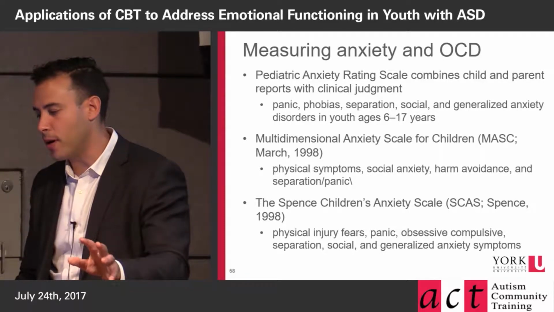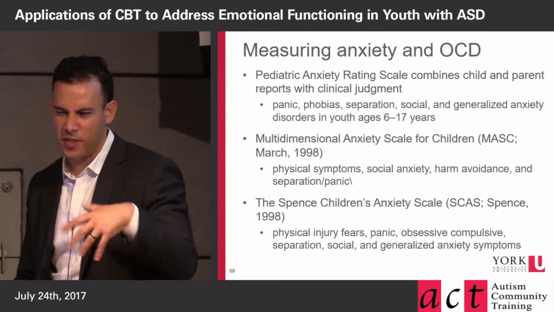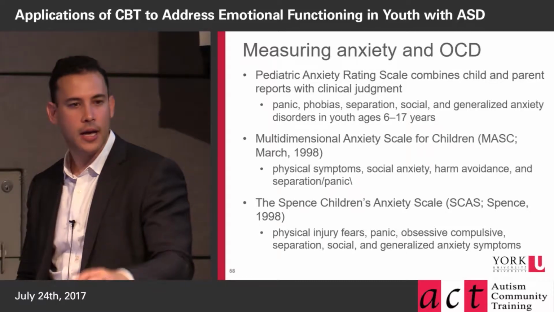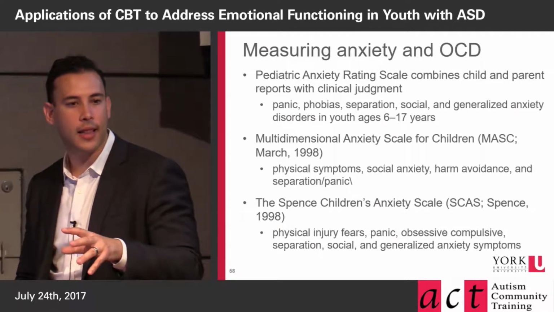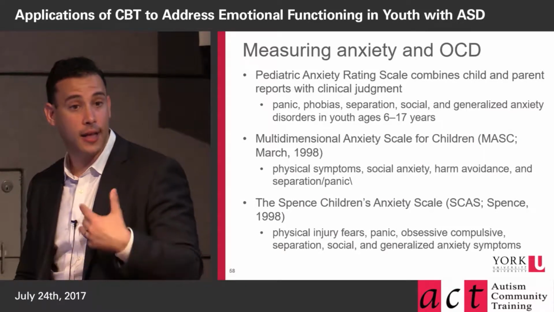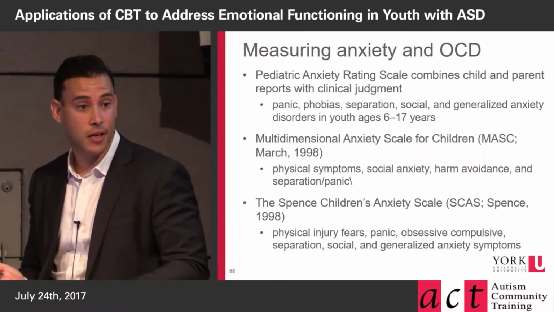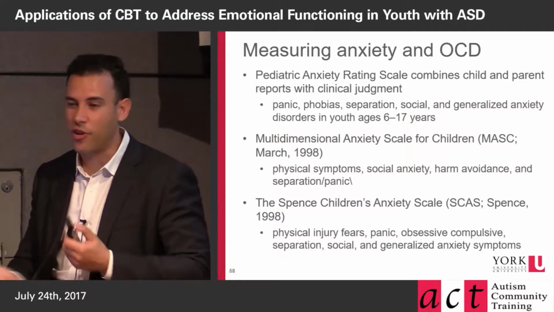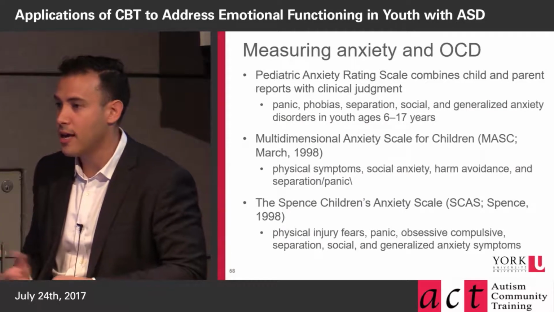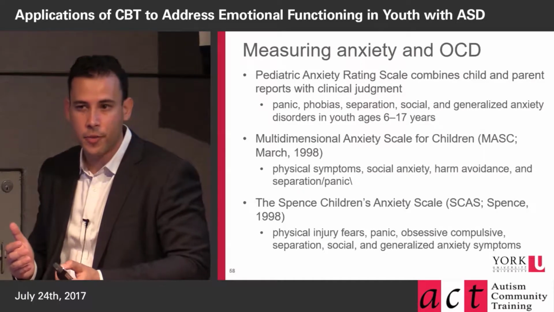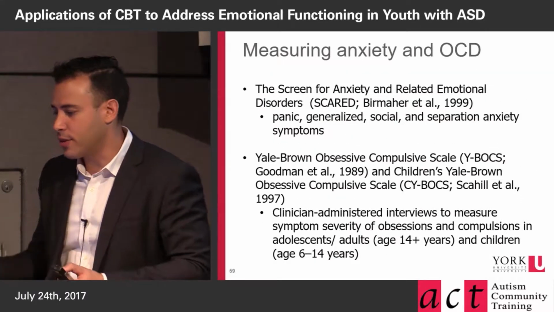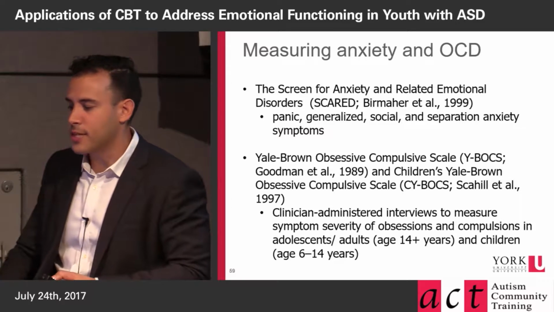I don't know how publicly accessible it is, like in terms of publishers, like some of these other ones. These other ones you have to be very cautious about because they can often tend to have a high level of acquiescence, a high level of people tending to say yes and agree. They're not designed for autism per se, but it might at the very least help you structure questions about problem areas for the person. Same thing with the SCARED and the Yale-Brown Obsessive Compulsive Scale.